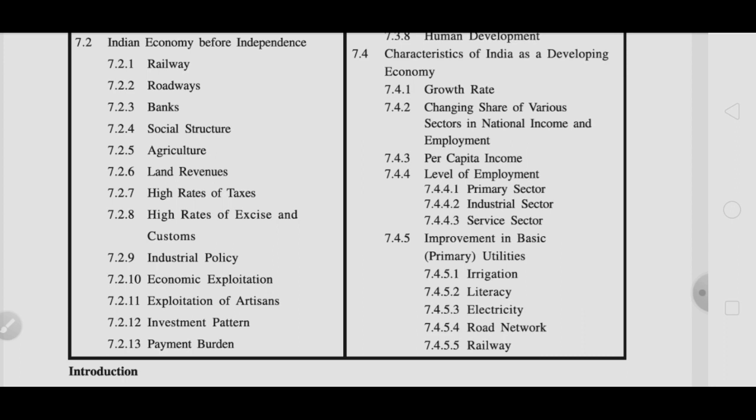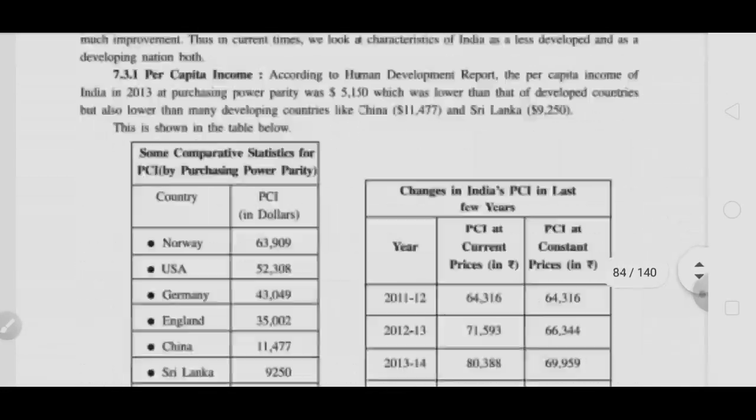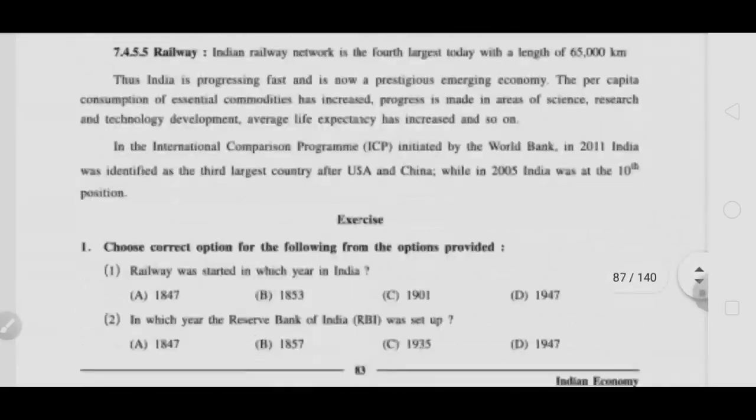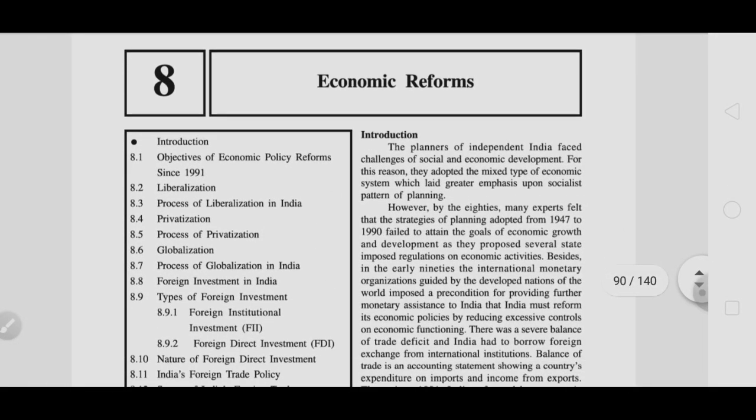So after understanding all these points, we will be able to understand the condition of India before British rule, during British rule and after British rule, and the situation of the Indian economy in recent times. Chapter 7 is also interesting, in which we are going to discuss some historical events. Chapter number 8 is economic reforms,